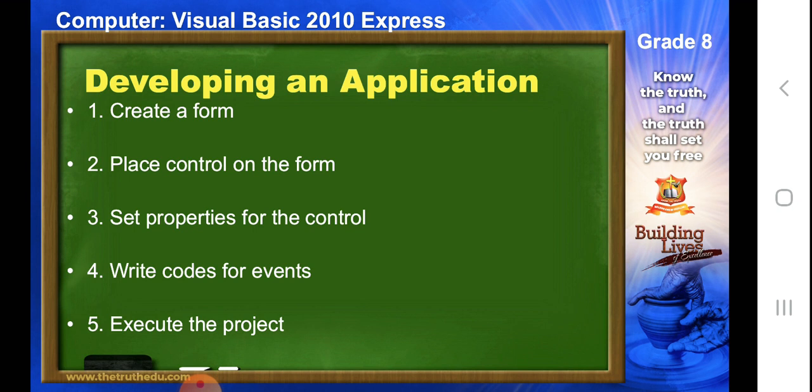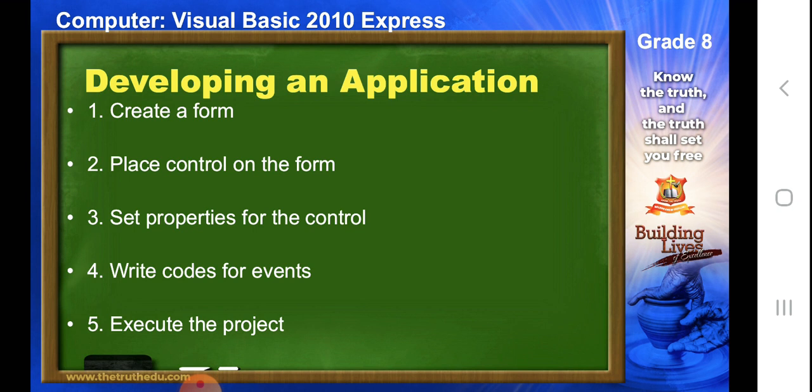The next thing is we set the properties for controls. Now what are the properties for controls? For example, when we are creating a blank field, there should be a cursor there. Only then will we be able to type something. If there is no cursor, we will not be able to type anything there. So the cursor should be there. That's the first condition. What should be the background color? That depends upon you. You can keep it white, you can keep it red, you can make it colorful. Those conditions depend upon you. That is how you set properties for different controls.